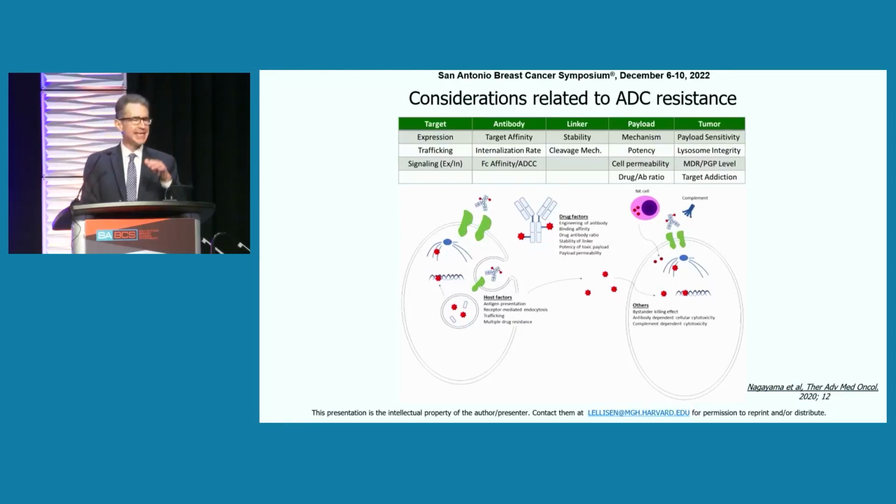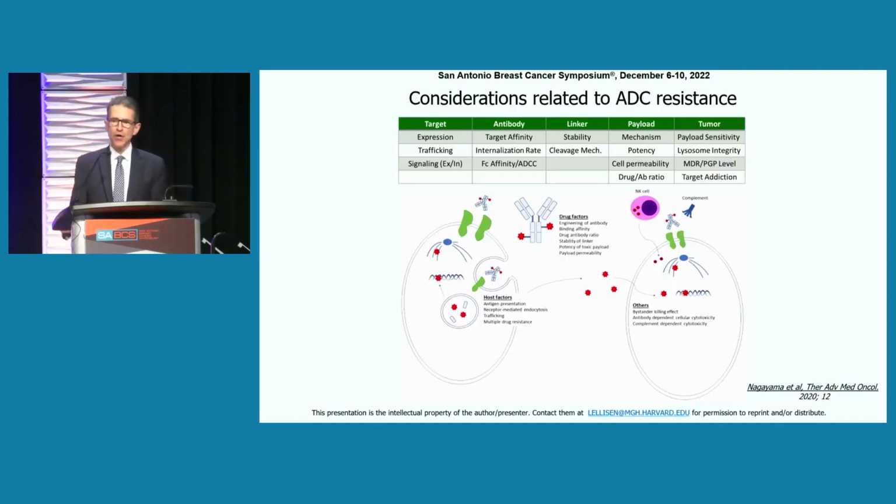We think about TDXD, which is this peptide that requires intracellular processing but not necessarily a competent lysosome. And then SG, which can even release payload in the extracellular milieu without necessarily internalization. And then, of course, we have the payload, its mechanism of action, its potency, its cell permeability, if we want to get a bystander effect from a release from intracellular to extracellular. And then we have, obviously, the drug-antibody ratio.